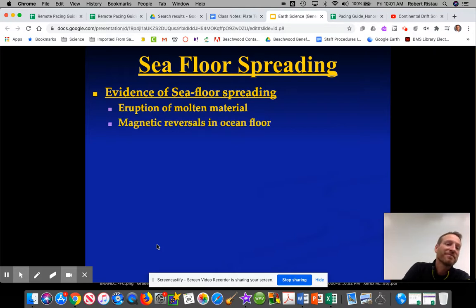With these remote control submarines, they also were able to, instead of just take pictures, grab some of the material. So they would actually take pieces of the ocean floor, the rock of the oceanic crust, bring it back up to the surface so that they could study it. Well, what they found out was when they studied different parts of the floor that the magnetic minerals that make